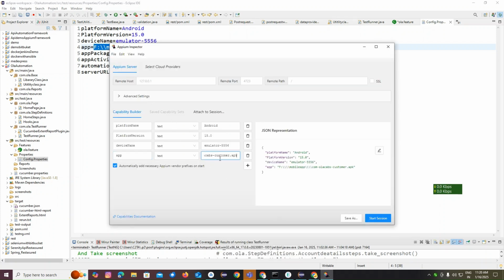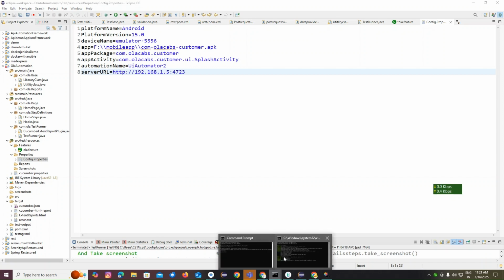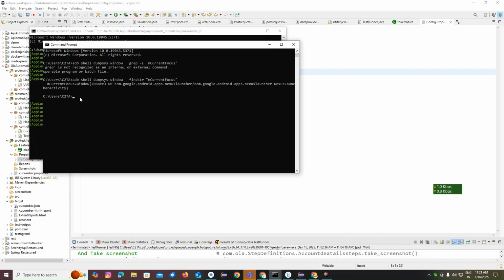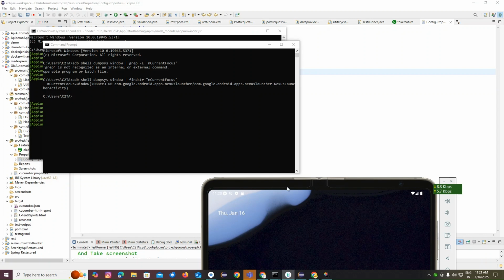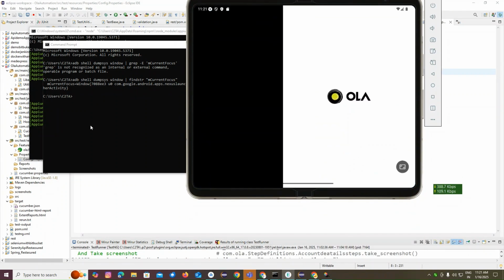Next one is app package. In the last video we saw how I started but I couldn't finish how to find the app package and app activity. So in this video I'll show you how to find the app activity and package through the command line. We have to go to the command line, and for whatever app you are going to find the app activity and package,